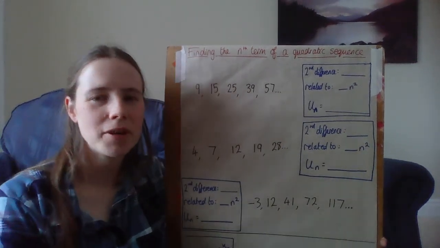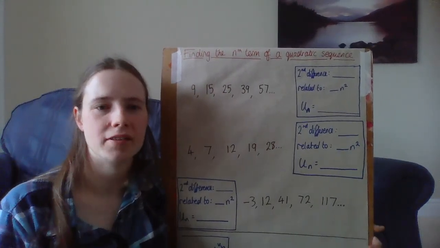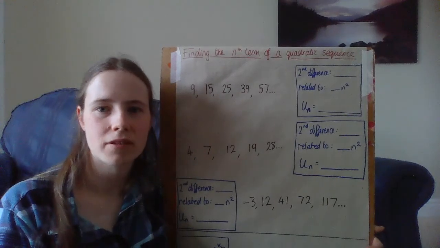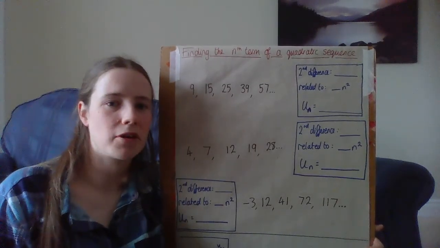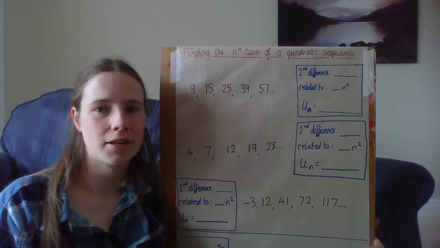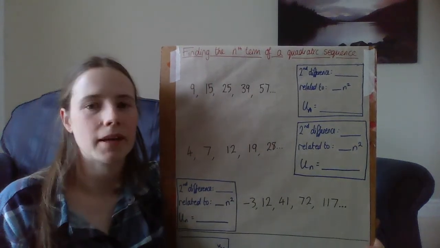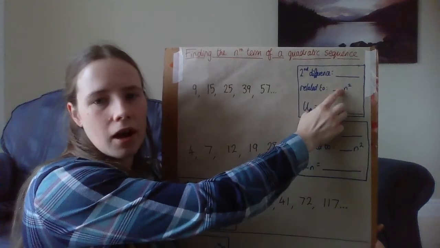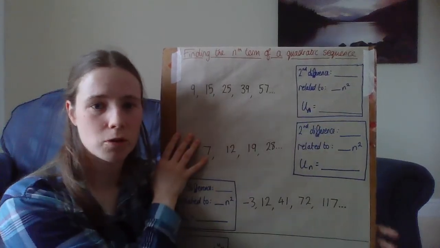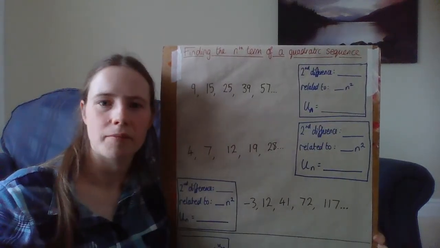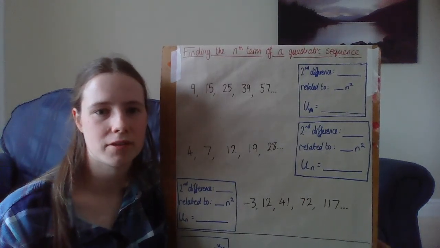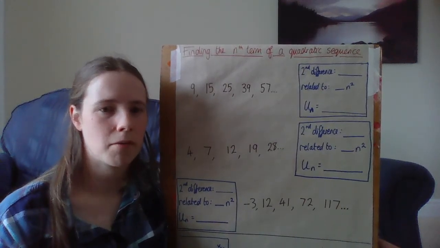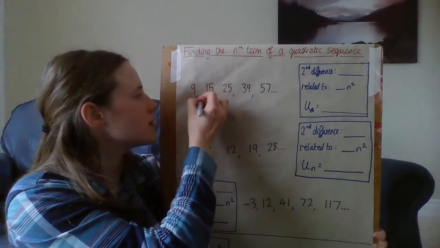Hello, in this video I'm going to talk you through how to find a formula for the nth term of a quadratic sequence. It's going to be a multi-stage process, so I'm going to go through each stage one by one, and I'm going to make a little record as I go through of each thing I find on my way to work it out. Okay, so the first thing that I need to do is find what's called the second difference. The second difference is found by first of all working out the differences,